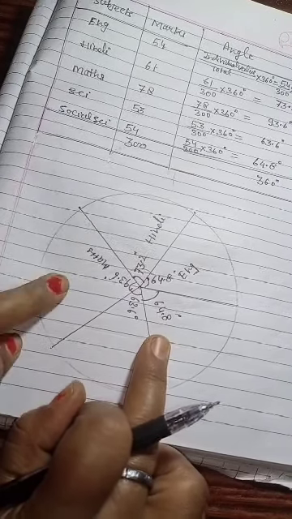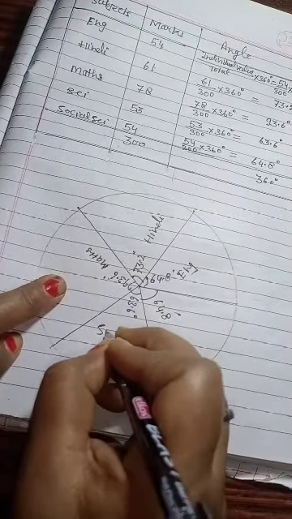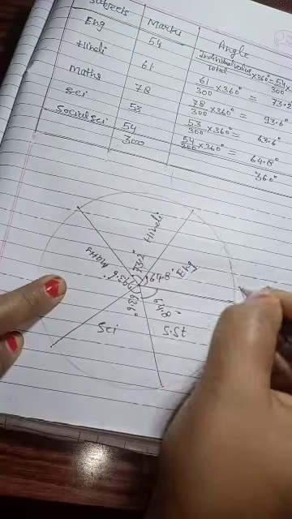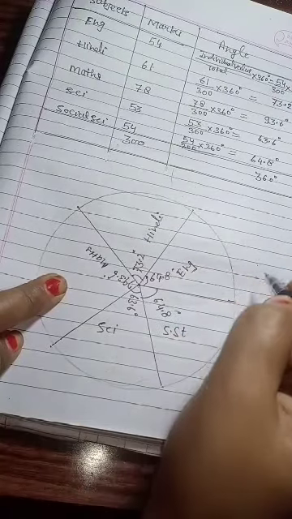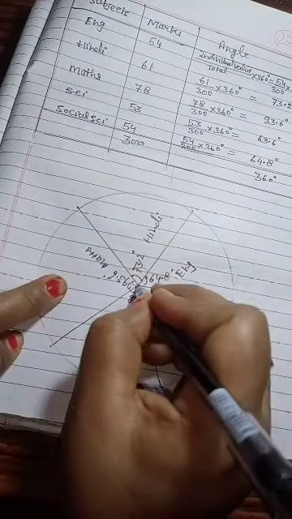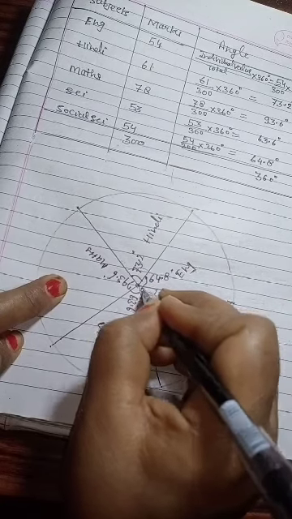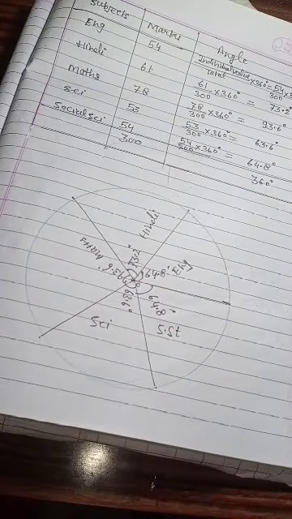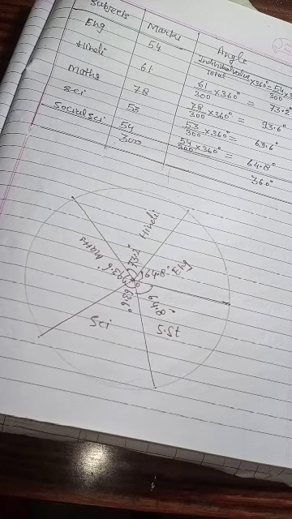So it was maths, third one is science. Okay, and it will be SST. So you can see that this was your center row. So in this way you can draw a pie chart. Maybe I am hoping that everybody of you has understood how to draw the pie chart.